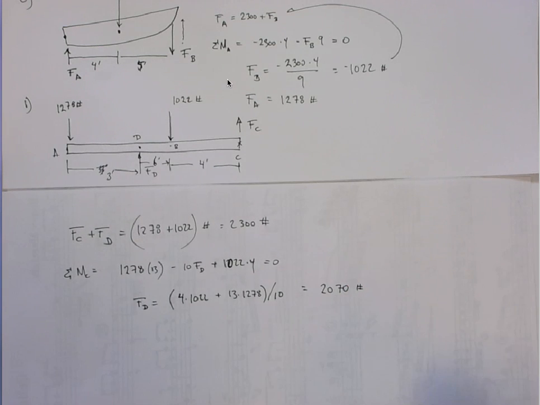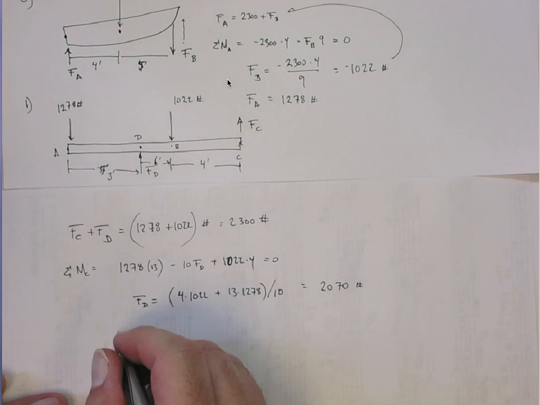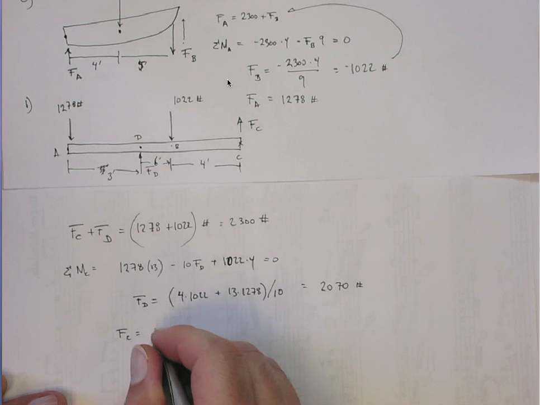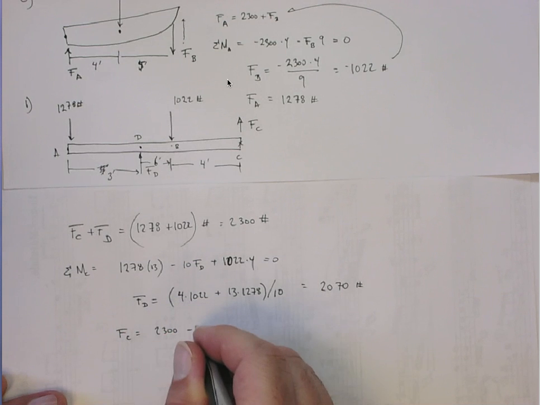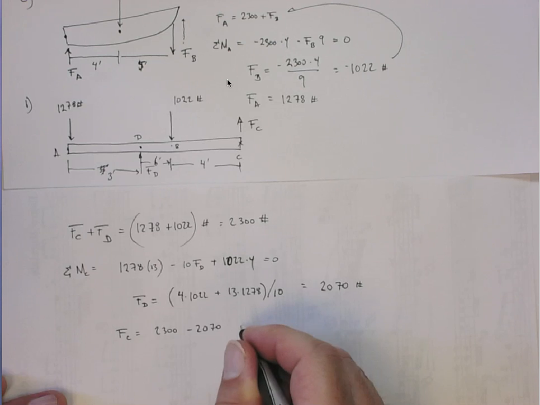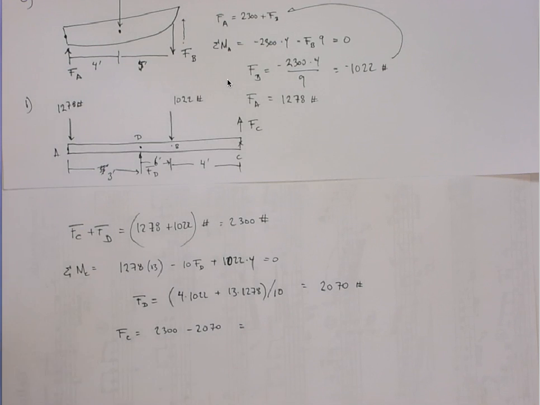Okay? And now, knowing that, we can get that F at C is going to equal 2300 minus 2070,